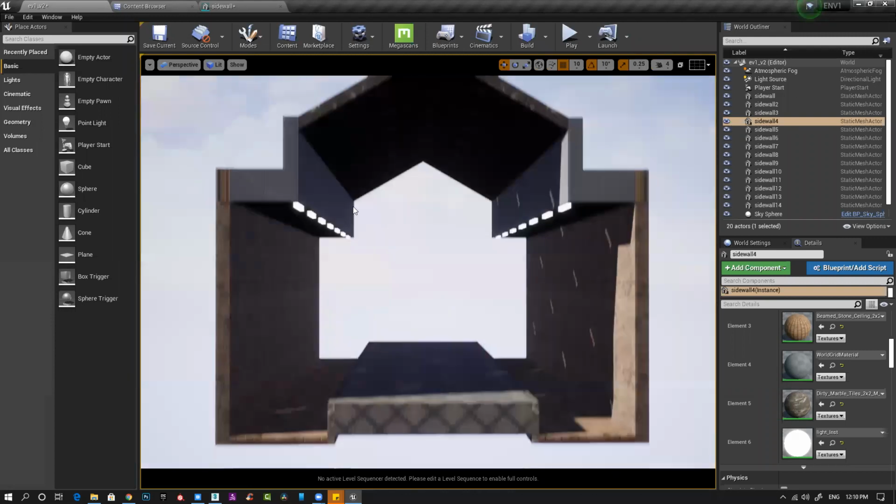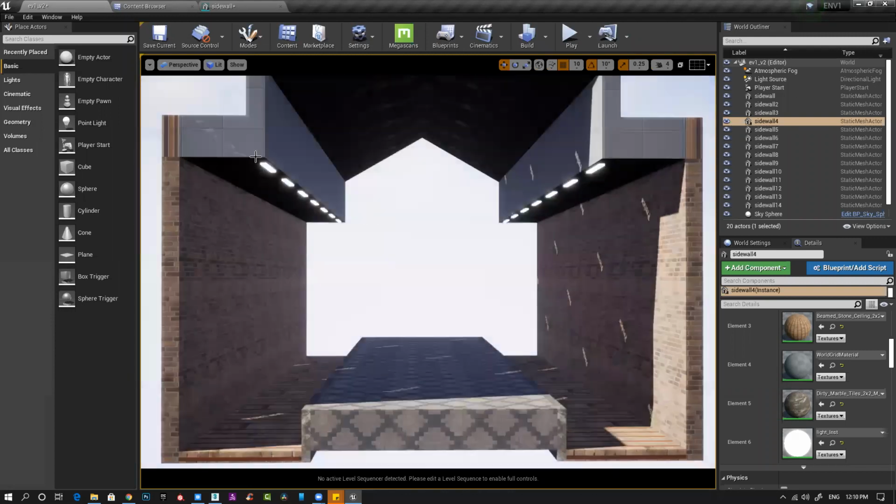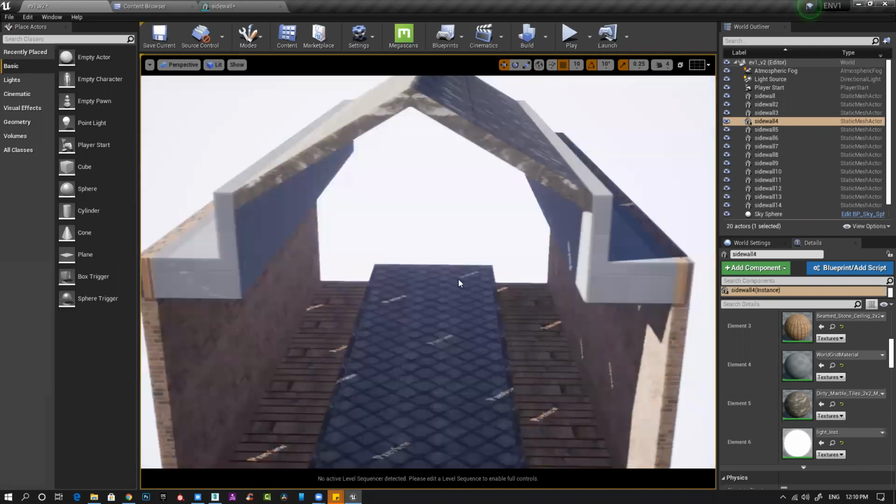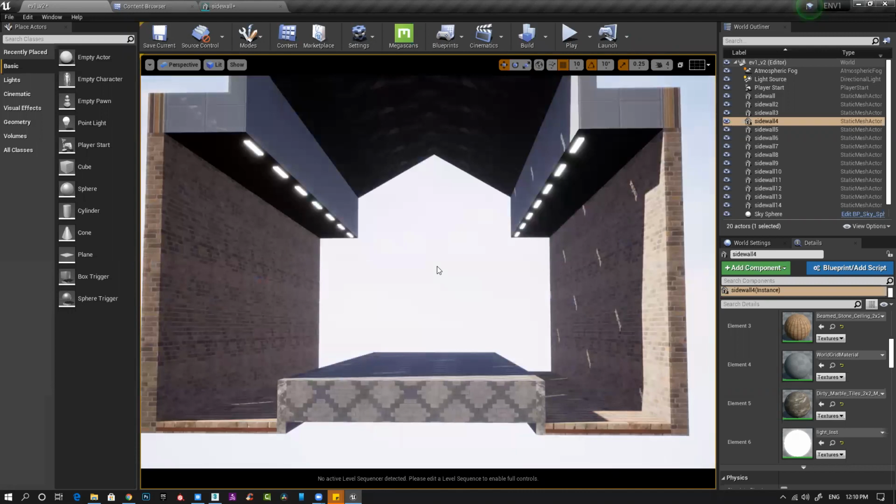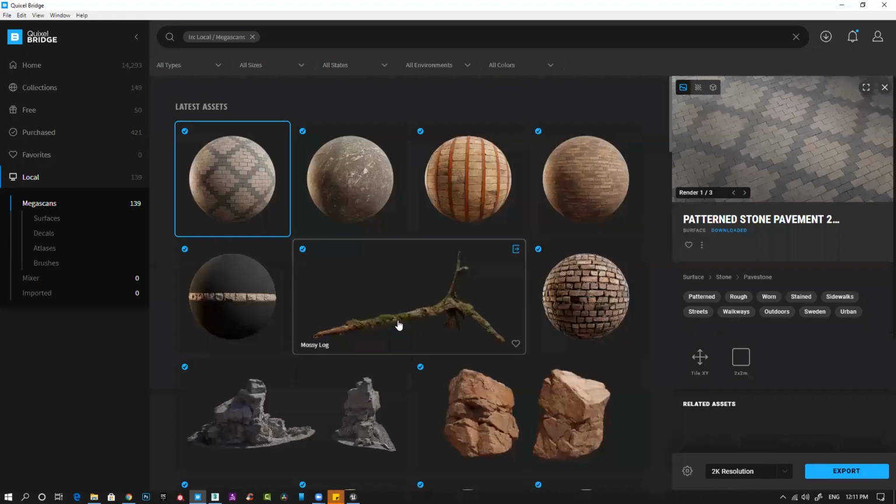But there is no light. So I need to place a light here. You can see I can create the entire scene within no time. If you know exactly what you are doing, it's quite easy, simple. You can create your materials instantly. Plus you can use Quixel Bridge and import and apply those textures. You can do that.